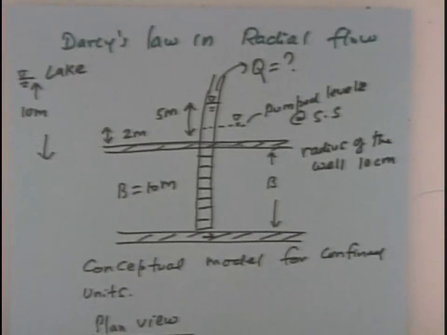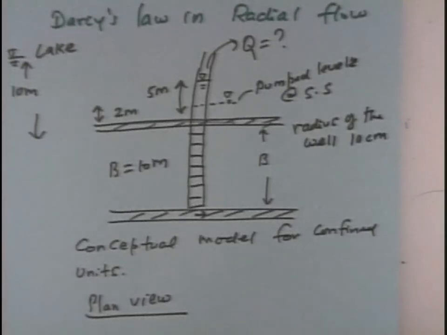How do I solve this problem? Can you see, first of all, the flow is no more a horizontal or a vertical flow, it's a radial flow. So in terms of conceptual model,